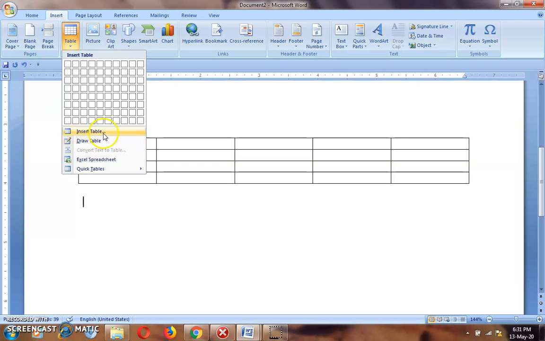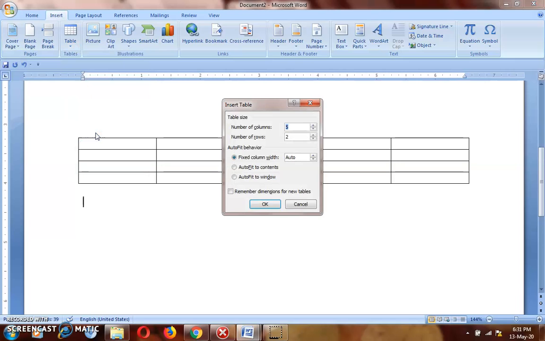The second option by which we can insert a table in an MS Word document is Insert Table. Now click on the Insert Table option. You can see here that a dialog box is visible. From this dialog box, there are some options like table size, number of columns, number of rows.